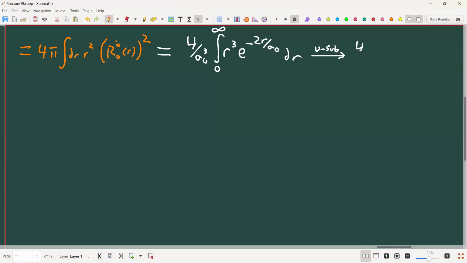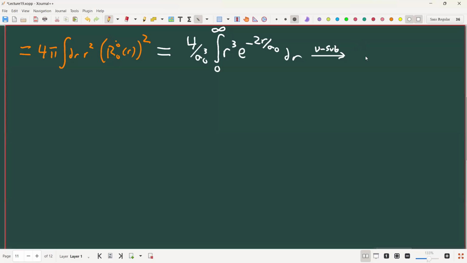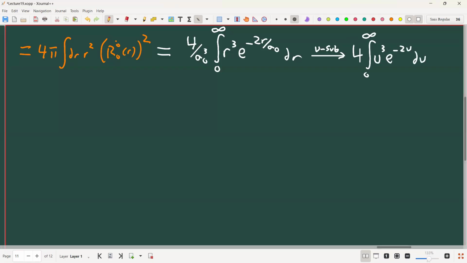Great. And you get 4, and this integral ends up being the integral of 4, integral from 0 to infinity of u to the 3 e to the minus 2u du. All right. Well, this is an integral you have to do by parts. Right? You got to get rid of this polynomial part, so it's going to be 1, that'll be u squared, then u. Yeah, so 3 integrals by parts, but Wolfram Alpha will do this no problem. Super easy integral for Wolfram Alpha to do. You can look it up in the table. Not too bad, but what you find now